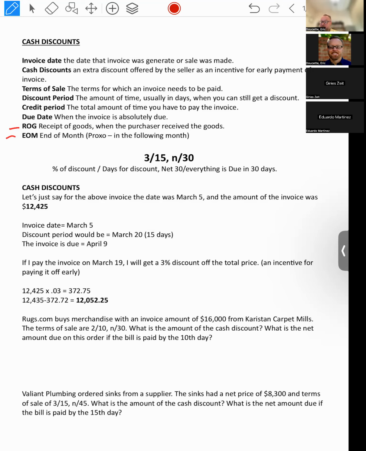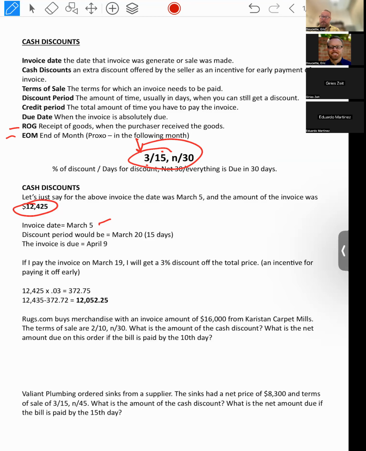So the first thing is cash discounts. So let's just say for the above invoice, this one here, the date was March 5th. That was the invoice date. And the invoice amount was $12,000. Now according to these terms right here, they're going to get a 3% discount for the first 15 days. After the 15 days, they can't get a 3% discount. Remember, I told you this is incentive for you to pay it off a little early because you get an additional discount. It's also incentive to the company to give you that discount because they're getting their money a little sooner, so everybody's happy. So these terms that are listed here, 3, 15, and 30, means that you get a